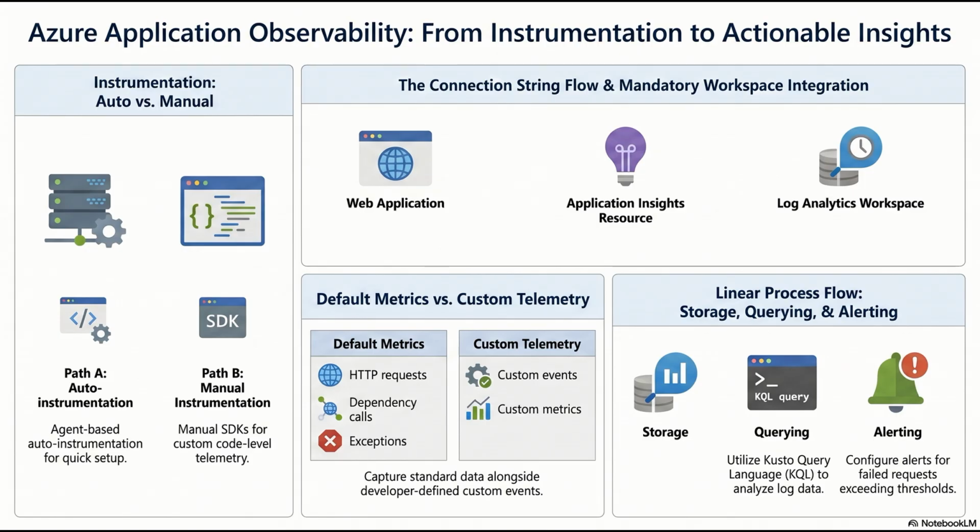So when all these different services independently flush their telemetry back to the Log Analytics workspace, they are all tagged with the same master ID. Yes, and because they all live in the same unified workspace tables, Application Insights can simply query the database for that single correlation ID and reconstruct the entire transaction flow end to end. Wow. It builds a visual application map of the distributed request. You can visually see exactly which hop in the microservice chain caused the failure or the slowdown.